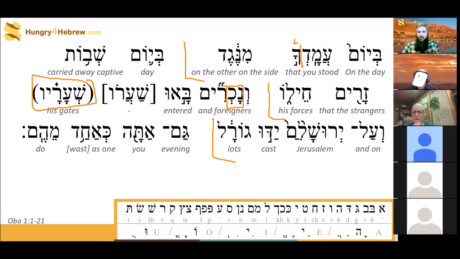So I think this is probably, nothing against the Masoretes, they made plenty of mistakes, even though what they did was fantastic. I would have expected this to either have an O right there, or better yet, a kamat katan over here: omdecha, your standing. On the day of your standing,